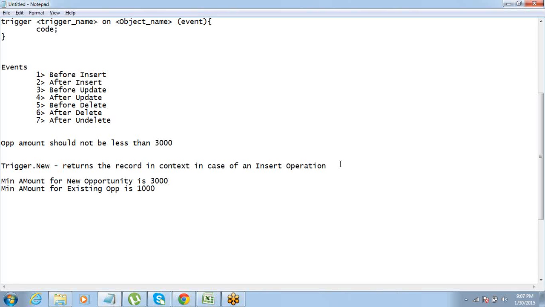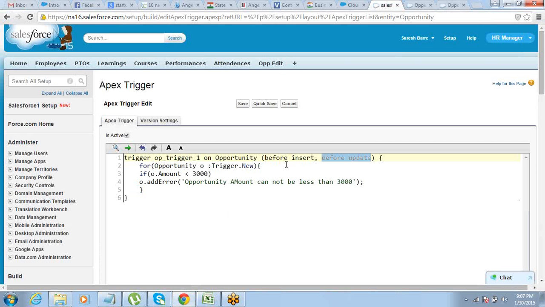So now for the insert operation, I want to put a cap of 3000. For the update operation, I want to put a cap of 1000. How will you do that? Let's do an example for that. There you just have to do a small thing here. You just have to go and write